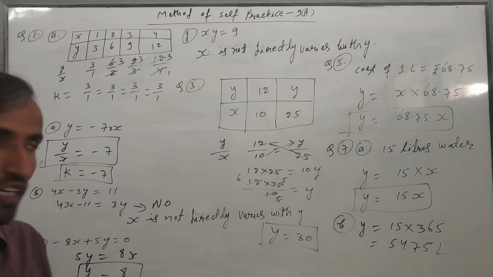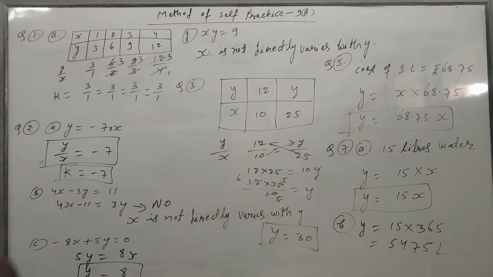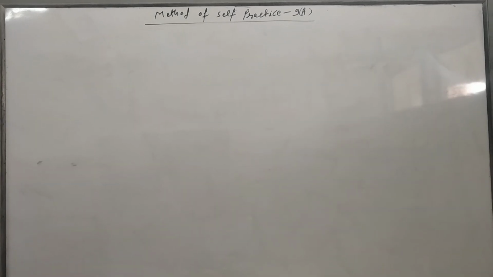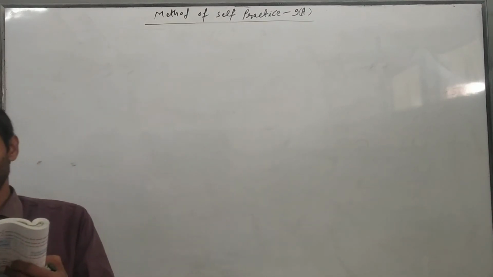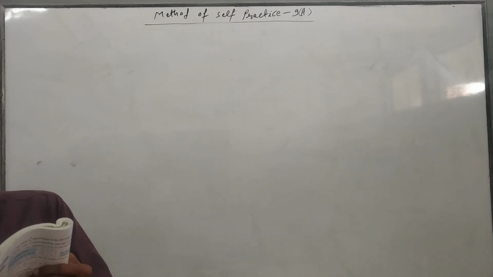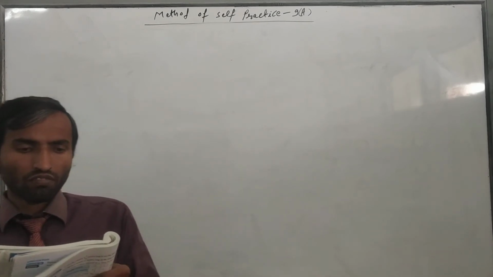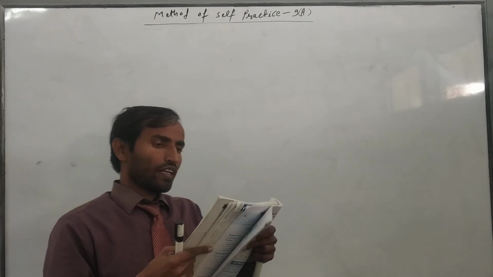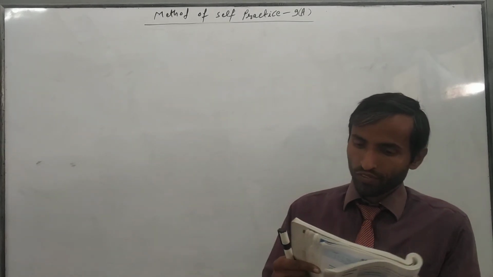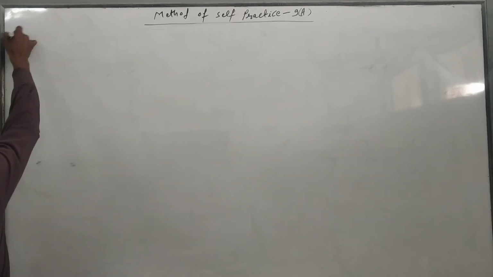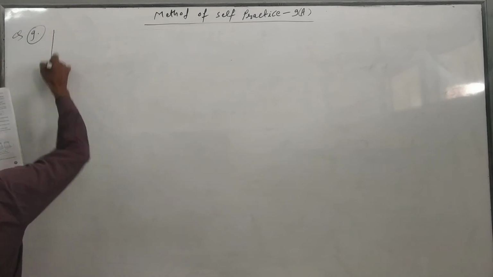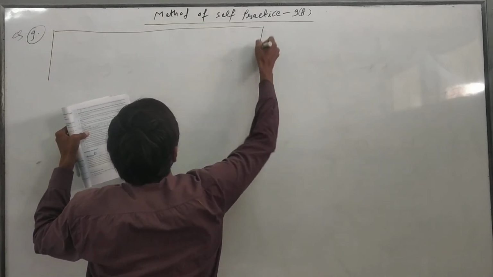We have to do question number 9. All of you read question number 9. What is it asking? Here a table is given and we have to find some missing values. The height to which a balloon with hydrogen gas rises in the air varies directly as time. Given below are some observations about the time and the corresponding height of the balloon in meters. Find the missing terms in the table.